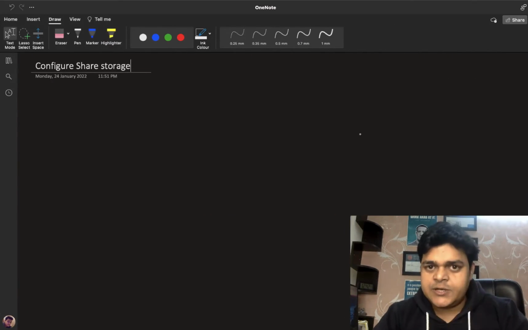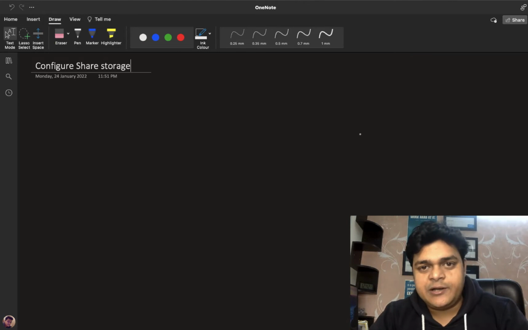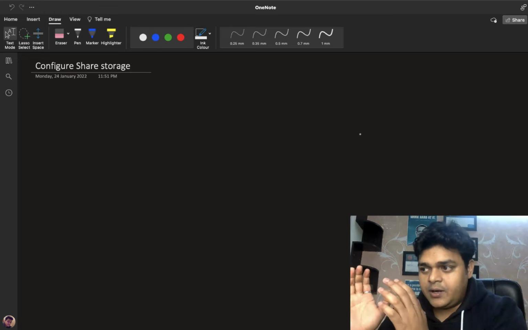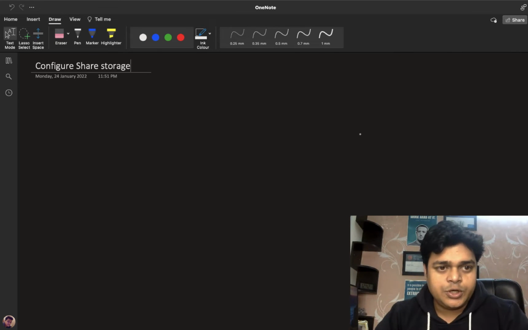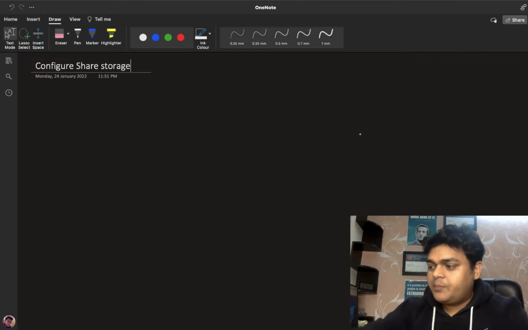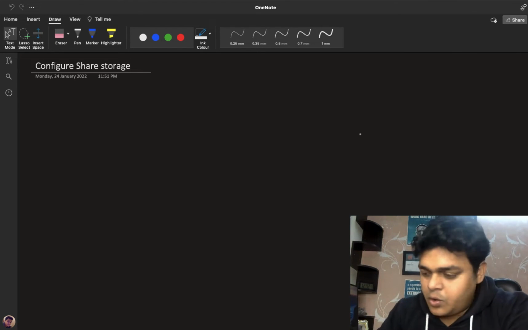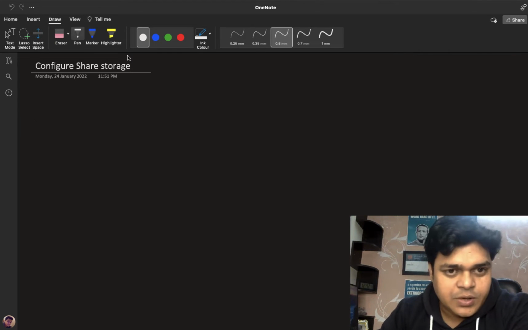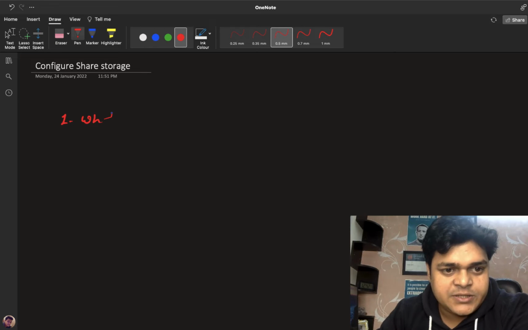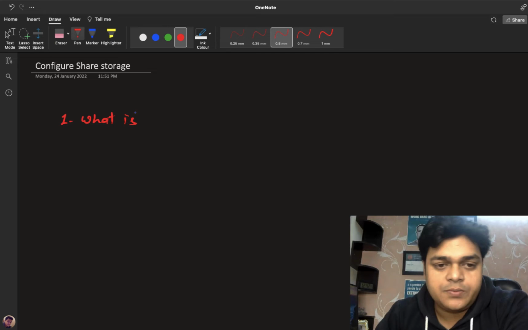So let's try to understand the concept first, because if your concept is ready, then definitely we are able to perform the task over an inventory of ESXi. So we need to know about the components and services related to shared storage. Let's talk about the core components of shared storage. I'm going to create a list of shared storage components. First, what is shared storage? It's really important. You should know about the use of shared storage, and then we'll discuss